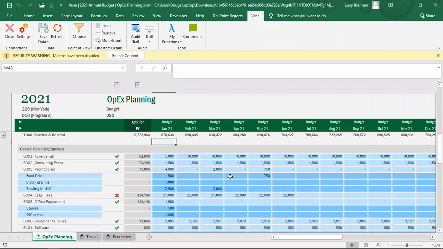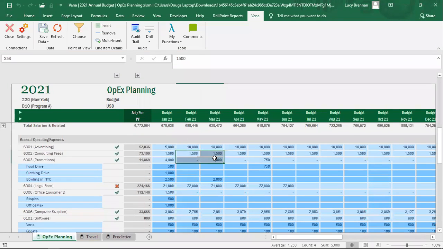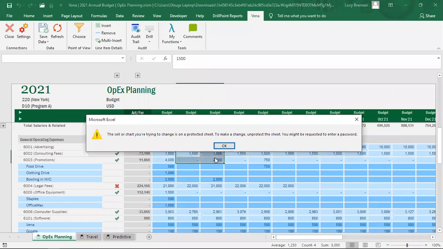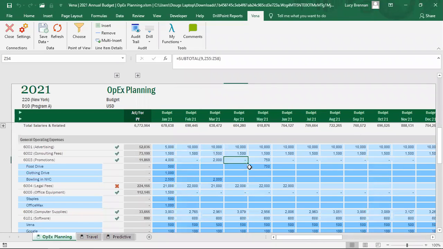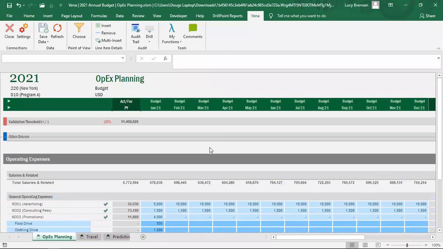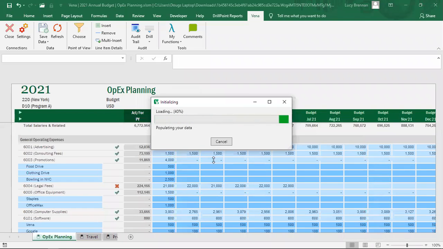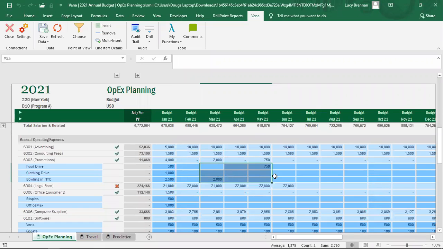A lot of this is Excel based here, so if I go in and delete some numbers, oops, let me click Enable Content here. If I go in and delete some numbers, see, it's not letting me do that. Oh, because I had that selected. Give me one second. If I go in and delete these numbers and then click Refresh, it's going to pull them back in. Do you see what it's